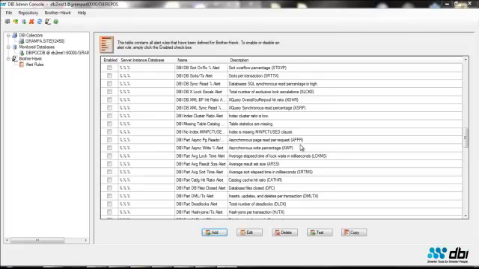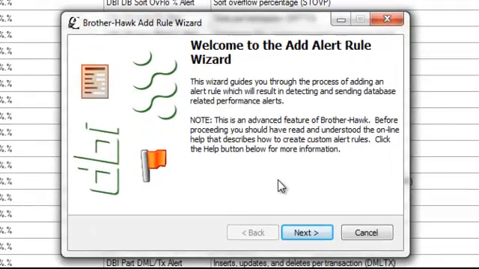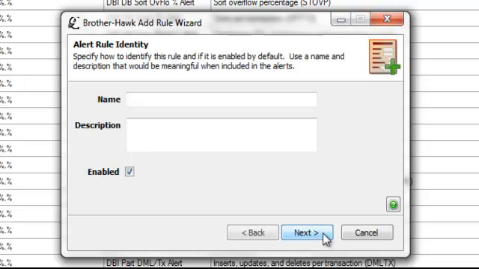So much in the same fashion as editing your alert, you can also add your own user created alerts. So as we have done before, previously editing, you can just click on the add button. Again, you're presented with a wizard, and you just work your way through this wizard and set up your own alerts. So for example, if you wanted to set up an alert for HADR,